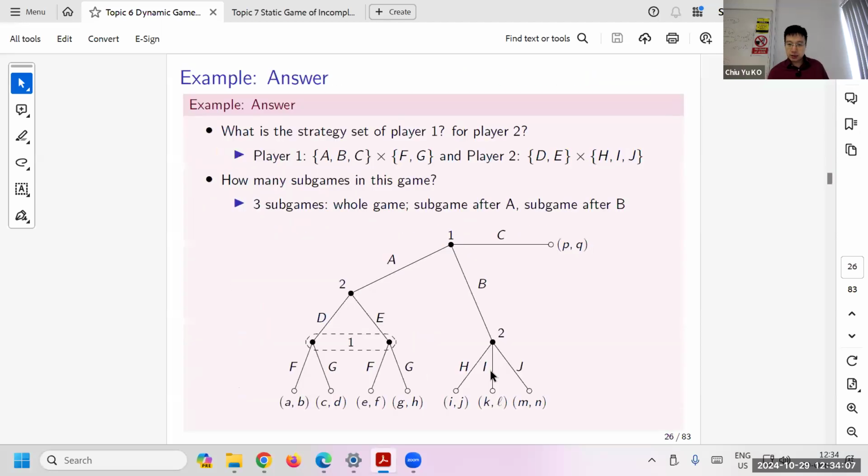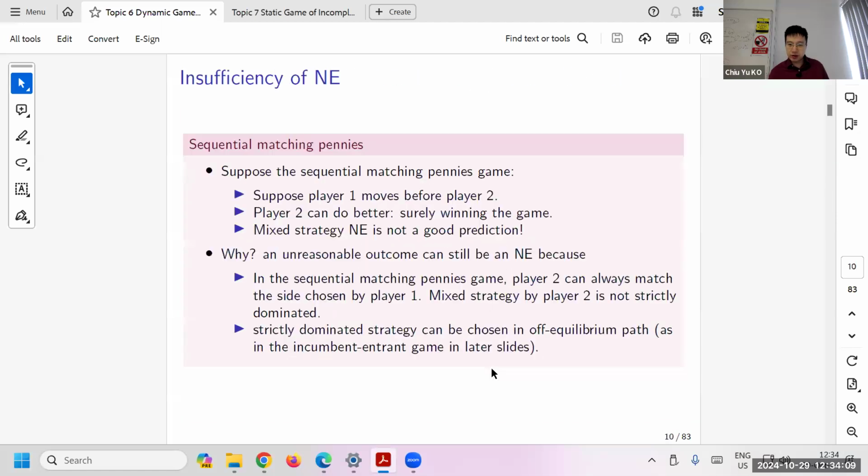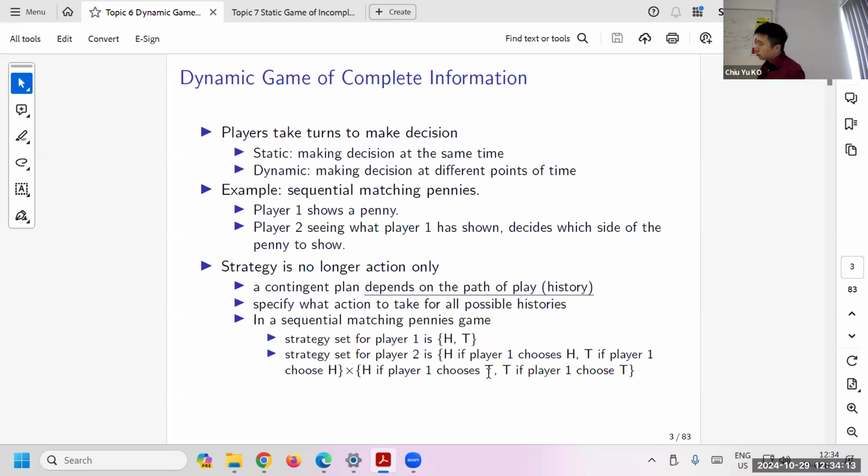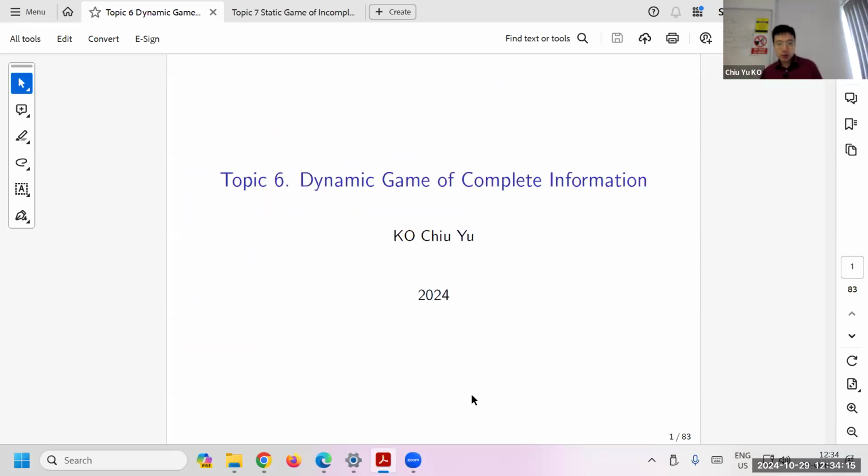Let us get started. Just to remind you a little bit about what we have done, because it was a week ago, so it's good to briefly review. We covered dynamic games of complete information. I guess this is the type of game that you will use most of the time in practice if you ever try to do game theory. Besides static games, this is the one used most often.